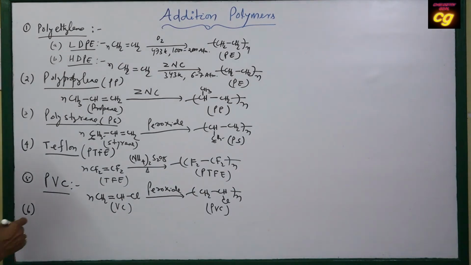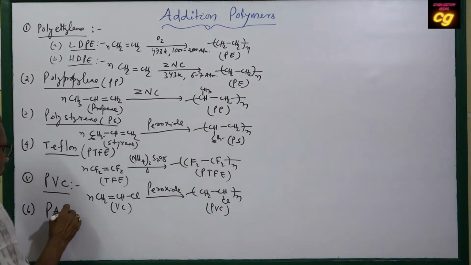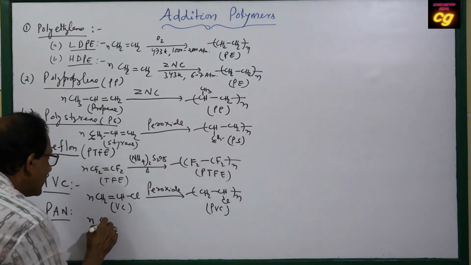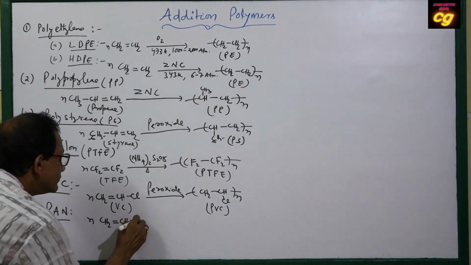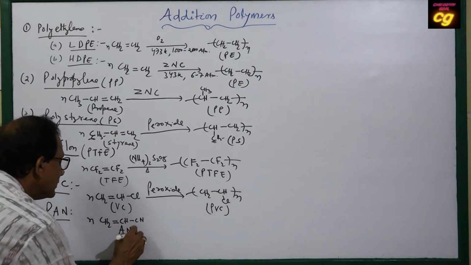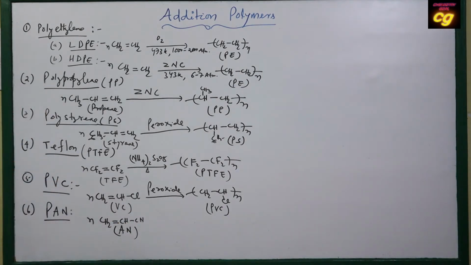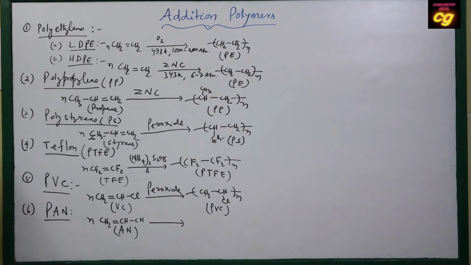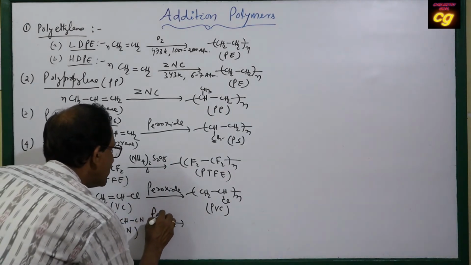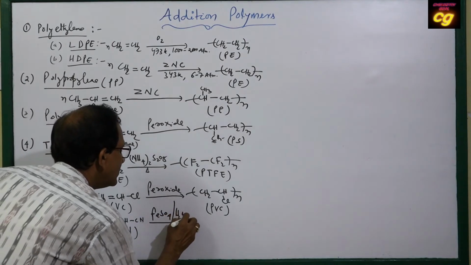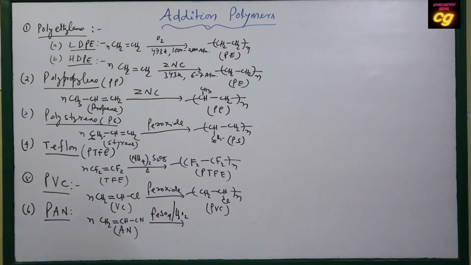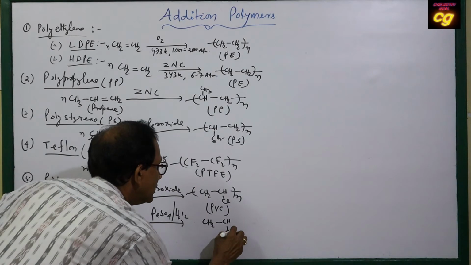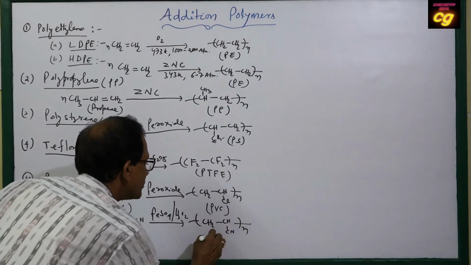Then PAN, one important polymer, that is PAN, polyacrylonitrile. Same, you have to take n number of acrylonitrile. This is acrylonitrile. When it polymerizes in presence of ferrous sulfate and hydrogen peroxide as a catalyst, it converts to PAN, CH2 single bond CH, then CN, whole bracket N. This is called PAN,